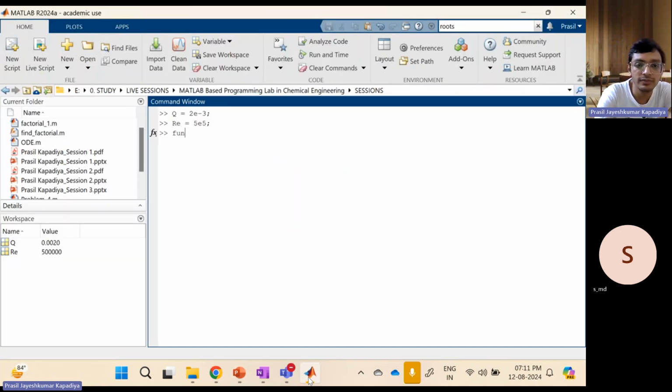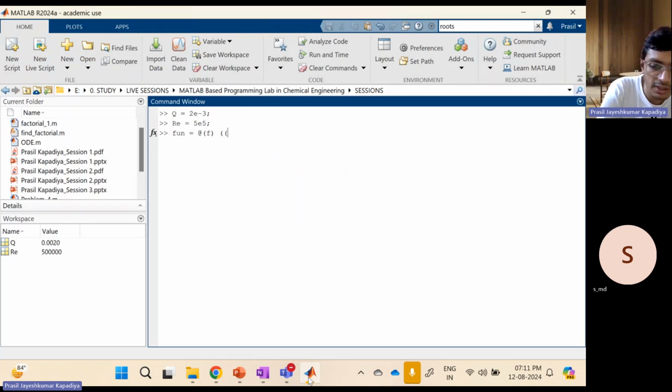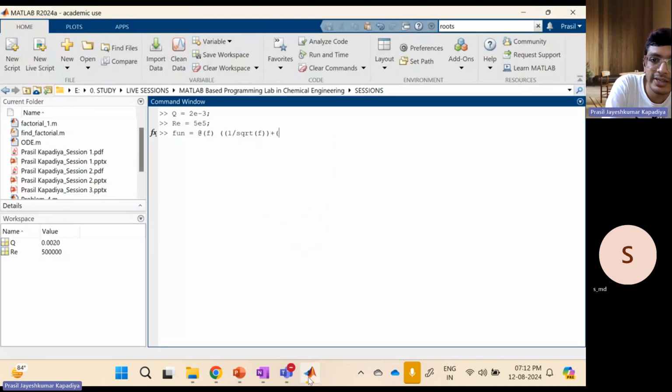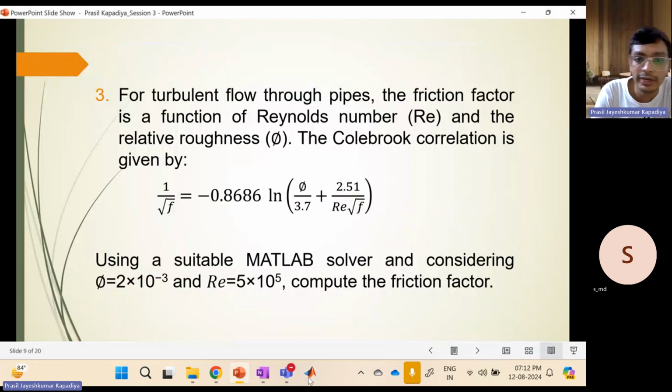So I will write function is equal to at the rate of f, small f. Okay, I will write down my equation. This one is a complex equation. So I will write it as 1 divided by square root of f. So first term, 1 divided by sqrt of f, is my first term in the first bracket. Plus, let's use a second bracket for the second term. So this equation will go this side, plus 0.8686